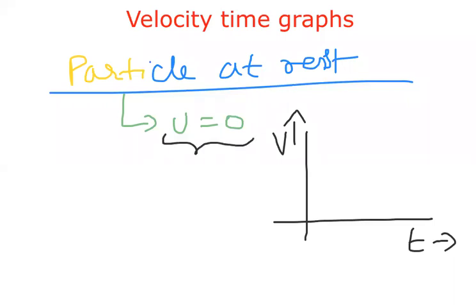Particle at rest means initially the velocity is zero. Every time its velocity will be zero only. There is no change in velocity. Always the velocity is zero. So if you don't draw any graph and simply leave it like that, it indicates the particle is at rest. Actually, the graph we will have to draw on the positive x-axis, like this. You can't observe that one. Here, the blue line I have drawn on the black line, but everywhere the velocity is zero at any particular time.